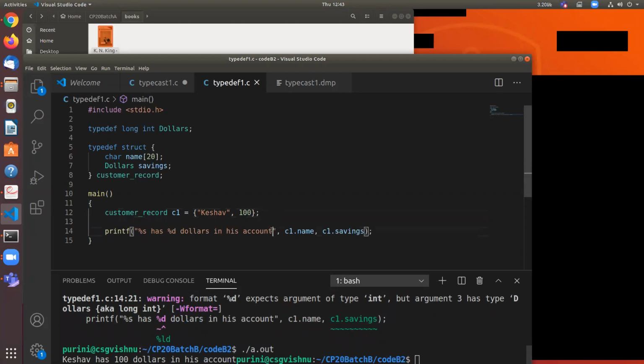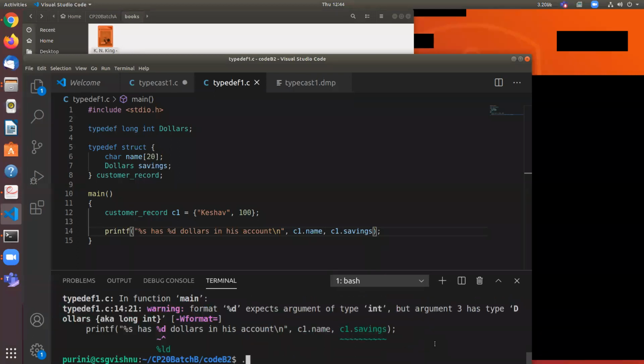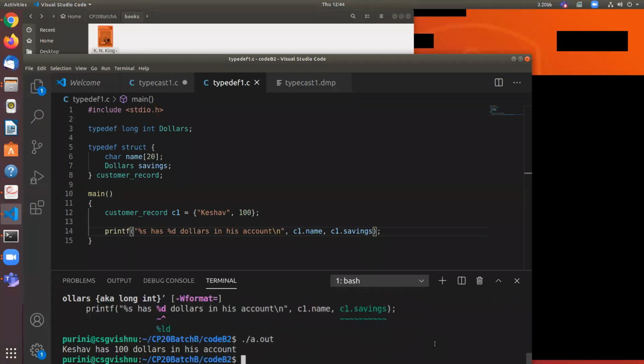Yeah. So you can see this is something. Since Keshav has $100 in his account, he is going to give us all a treat. Chai treat. Anyways, yeah. So you get the picture. So you have typecast and